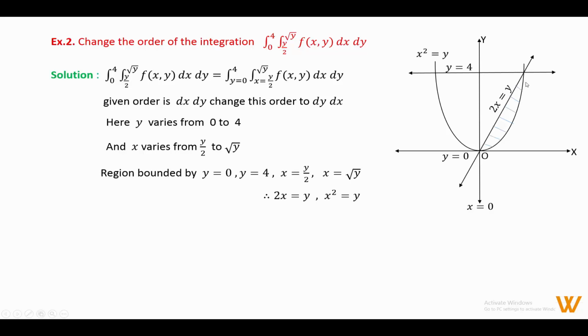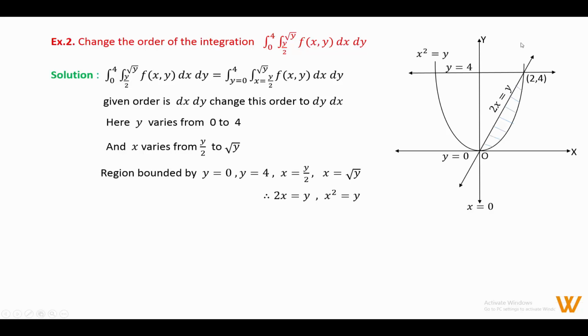and find here the value of x. First find the coordinates of this point of intersection. Here y equal to 4. Put the value of y as 4 in the equation of the line. So 2x equal to 4. We get x equal to 2. So the point of intersection has x equal to 2 and y equal to 4. This point of intersection is (2, 4).